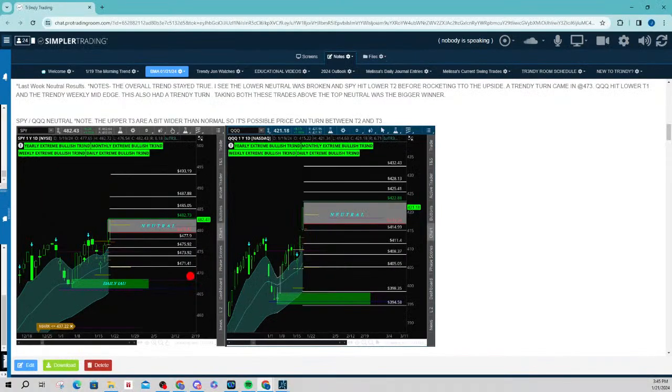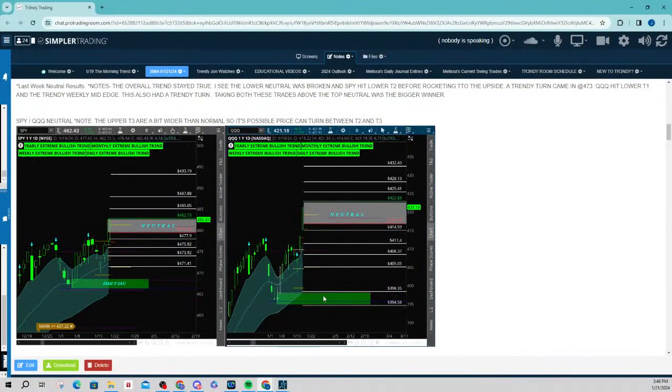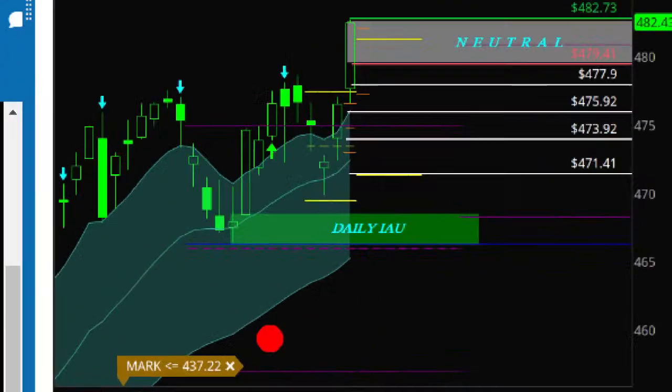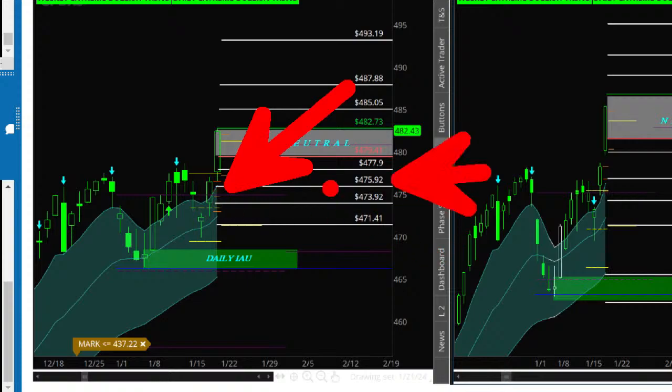Now, as far as this week is concerned, looking at the charts themselves, and if you were to look at the reaction to last week's chart and inside that demand zone. Now, I want to make sure that you understand it does not have to come all the way back to the green zones in order for us to get long. The one thing that I would tell you to concentrate on, and again, these are daily charts, all right, is the fact that we are above the cloud. So, for example, the SPY, you can see that the cloud, the 9 EMA is in line with my target 2 at 475. It's basically 476. And then the lower portion of this cloud is actually confluent with a demand zone.